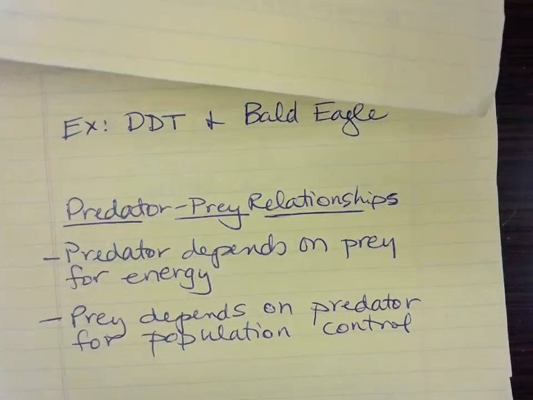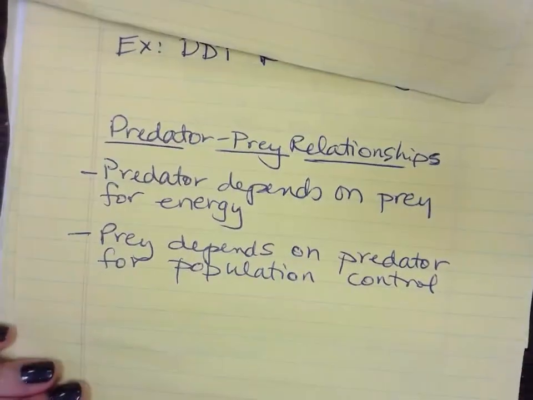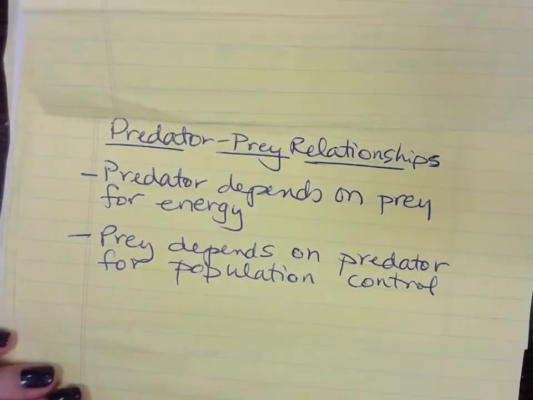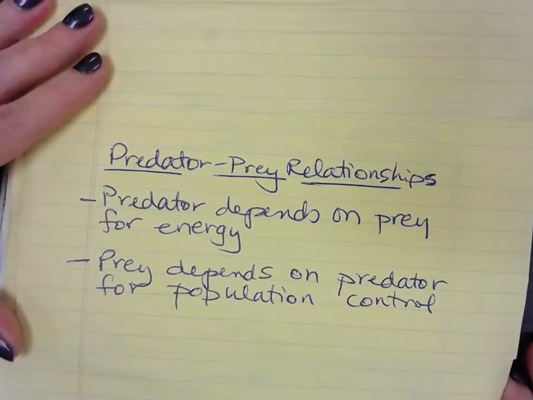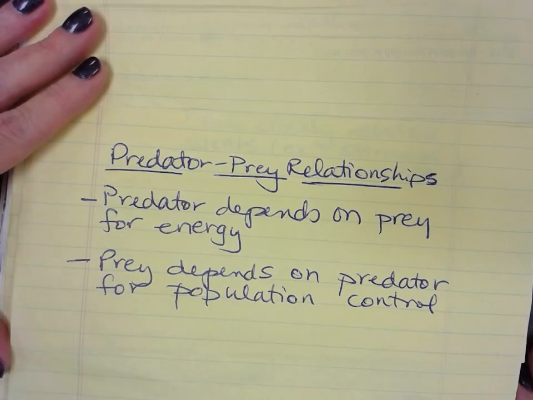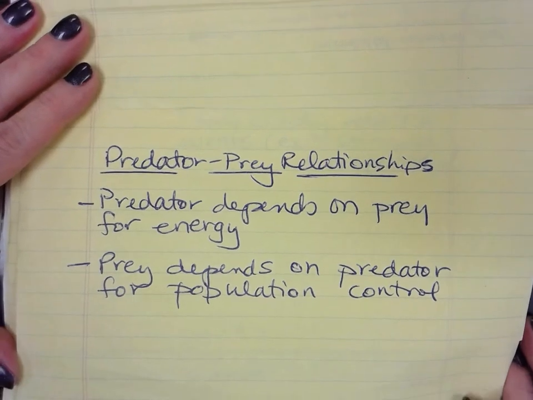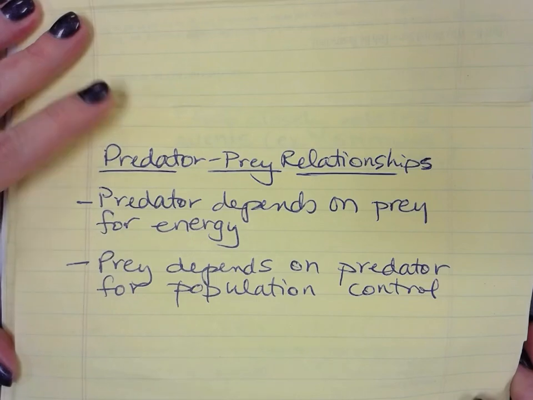We then went on to predator-prey relationships, and with this we did our predator-prey simulation with the wolf and the moose species, and we kind of solidified two ideas: that for sure predators depend on prey for energy. They must have them or they'll die, and that prey depend on the predator species to control their populations. If something comes in like a disease and wipes out the predators,